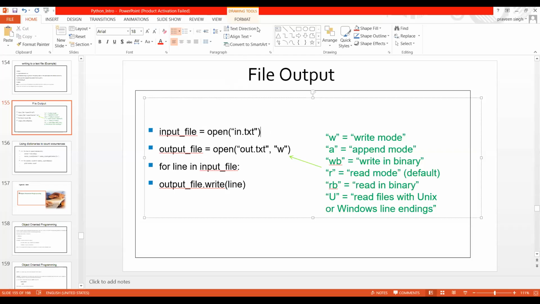Guys, please just tell me, what does that mean? In which mode is this particular method or function? As I said, by default, open takes read mode. You guys are not able to concentrate on this, or what? So it's a default mode actually. So what is the default mode? Read mode. Now tell me, what about this W? No one is ready to give an answer.